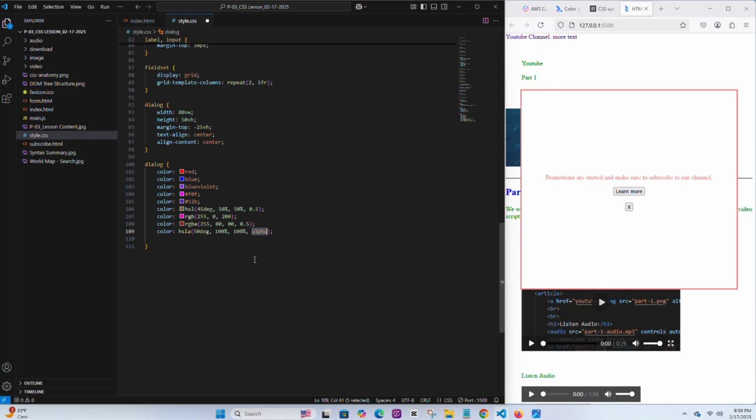So what if we just say 0.5, so that we can see the difference? If I save it, now you're going to see the color a little bit different. It's a little bit faded. What we missed is 100%. So saturation. If I remove the HSL and save it,